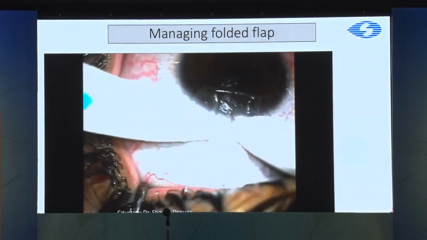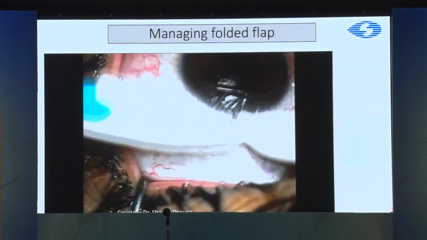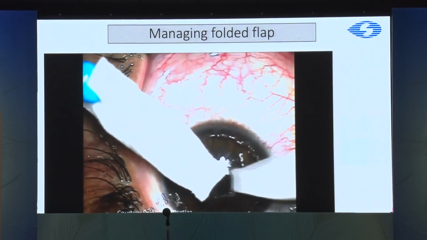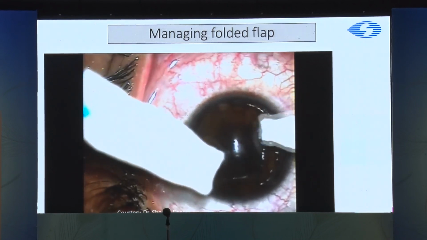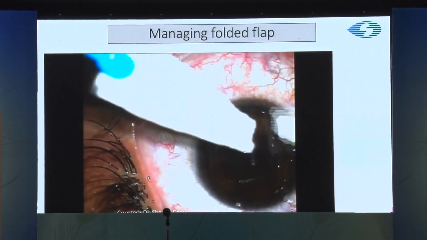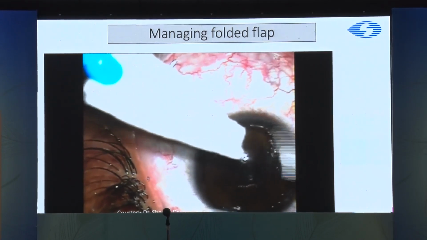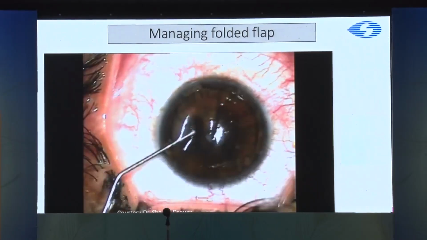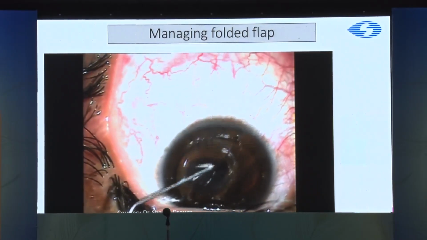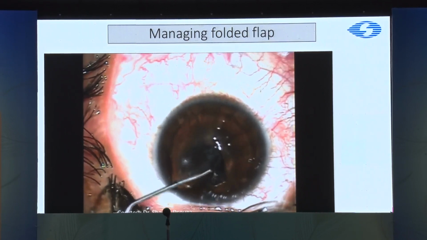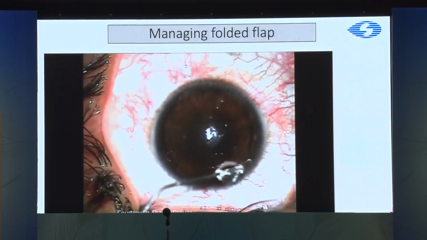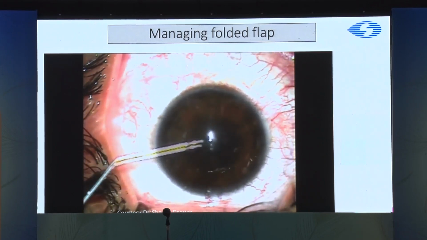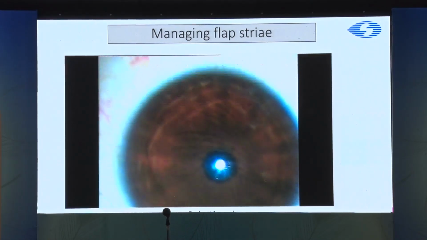What we need to do is to carefully lift the flap after hydration of it, then, if we are seeing any striae, try to pull it in two separate directions with the Merocel sponge, and remove the epithelium because that's a very important factor that tethers the flap striae in place. So if you want to remove flap striae, it's always important to look at the epithelium. If it's immediately post-op, you can get away without removing it, but most of the time it is advisable to remove the epithelium for managing flap striae or a folded flap.